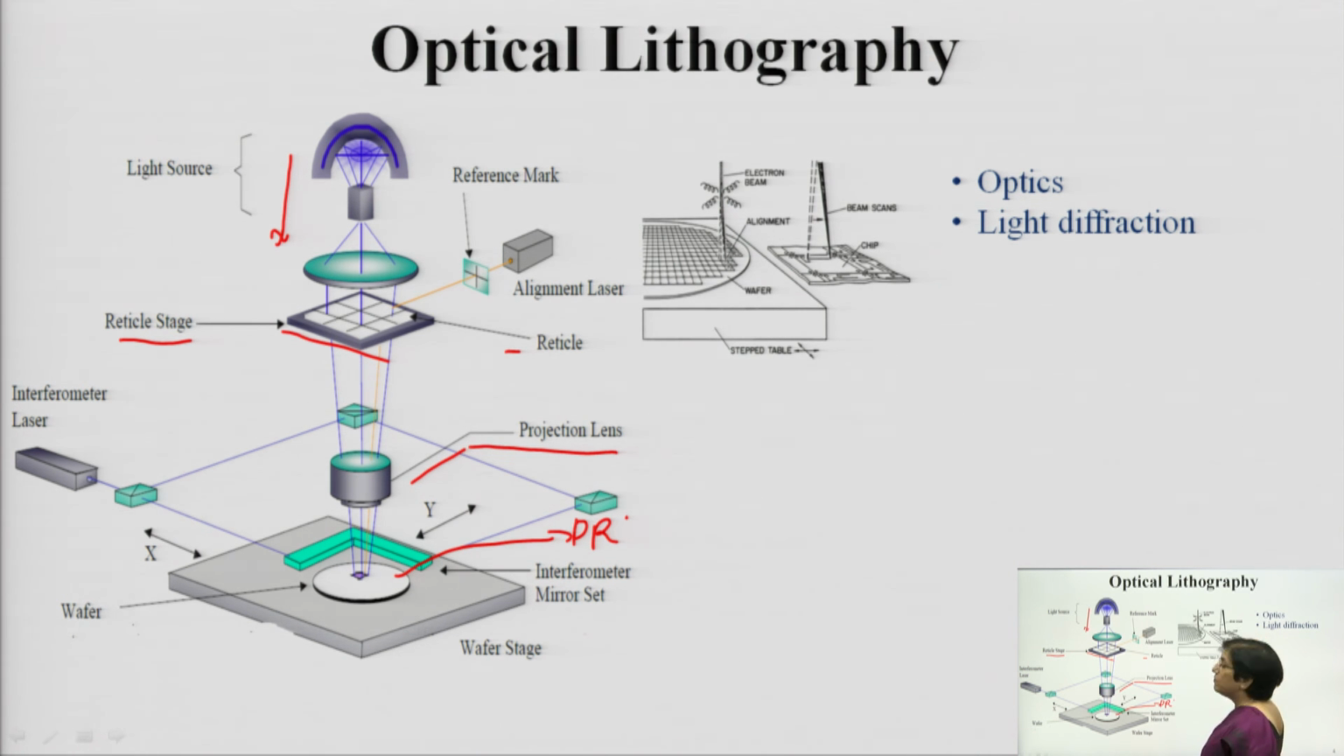Now, what are the important parameters in this case? The two important parameters are the optical properties of the optical source you are using, that is the wavelength, and another one is the angle with which you are going to focus it. Secondly,